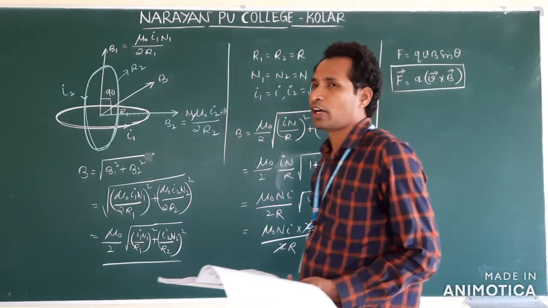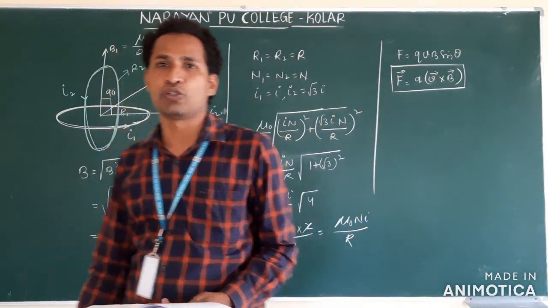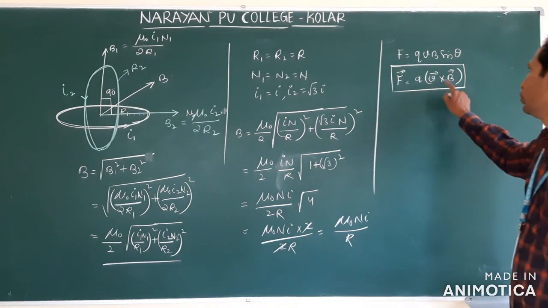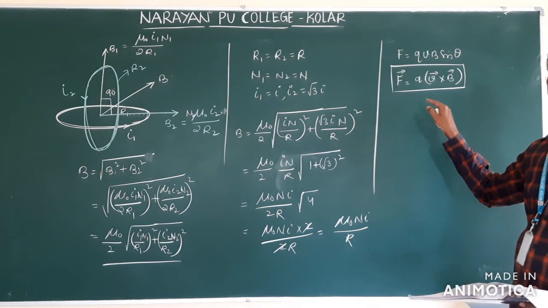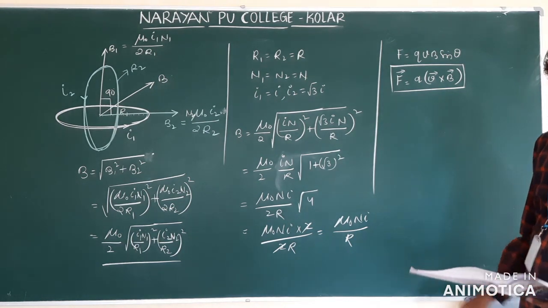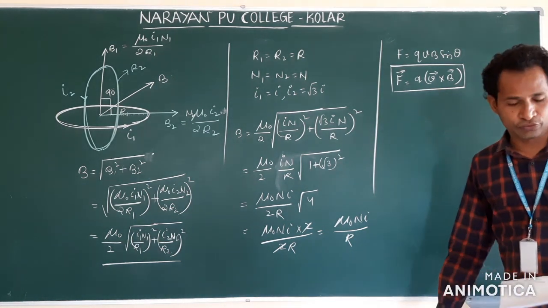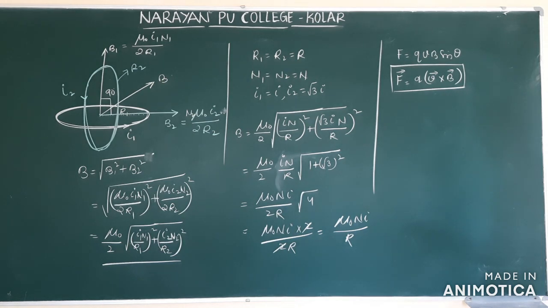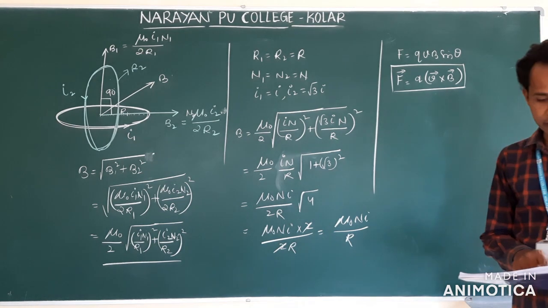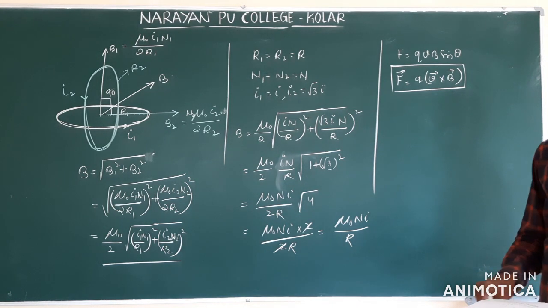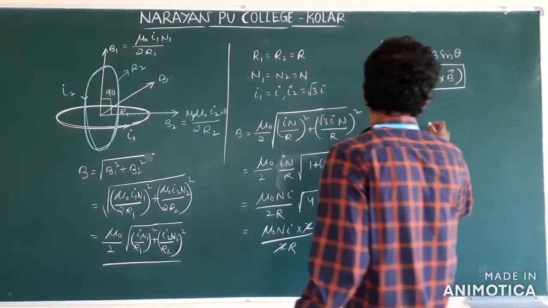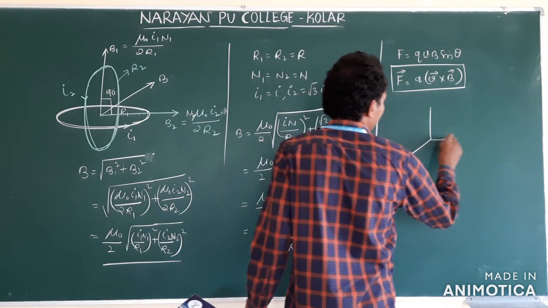Already I explained how to find the direction of the force. Do the cross product from V to B. Follow the unit vector concept. Clear, force is maximum when theta is equal to 90, force is minimum when theta is equal to 0. For the direction of the magnetic force they gave Fleming's left hand rule. Applying this is a little difficult. You better follow our unit vector concept. Clear? Simply I will explain once again here. Take this axis like this.